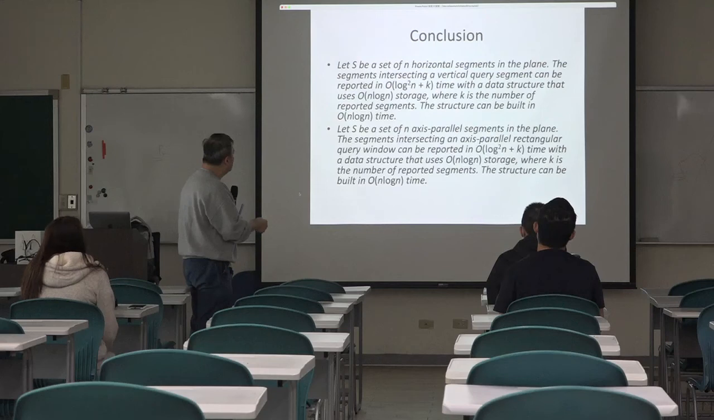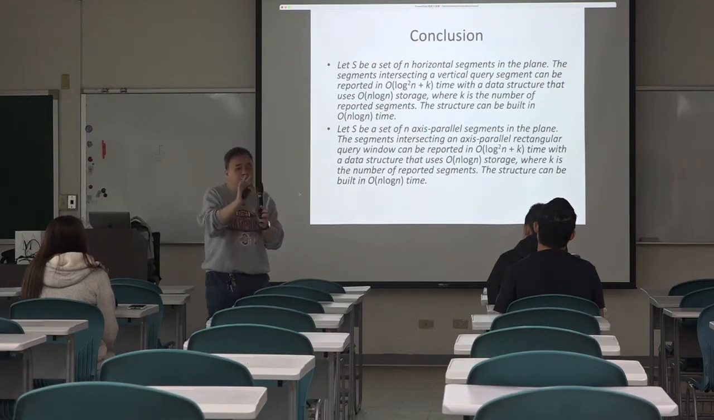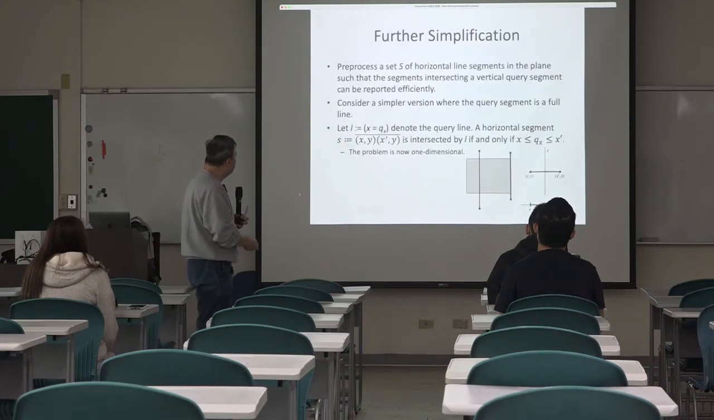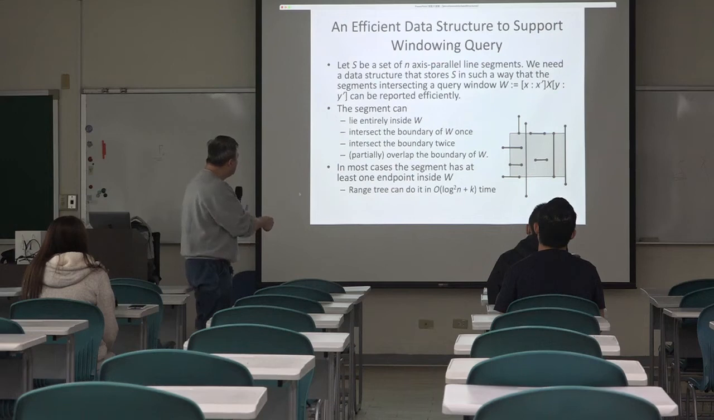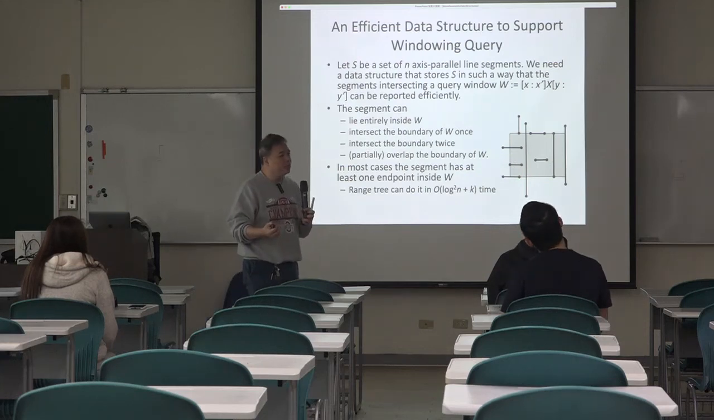the query time becomes log n squared plus k. I mean, log n squared plus k is pretty good. I'm not complaining that much, but think about this. For the first two cases and part of the fourth case, where some endpoints lie in the window, we could use the range query to solve that, right? But the range query to solve that